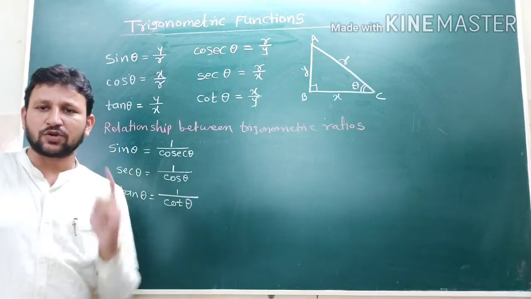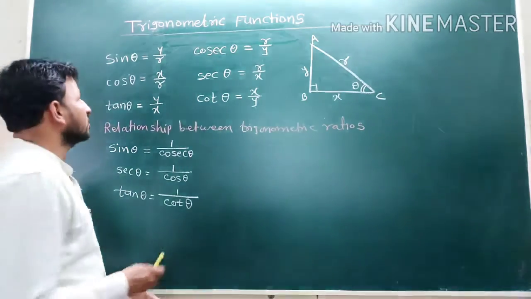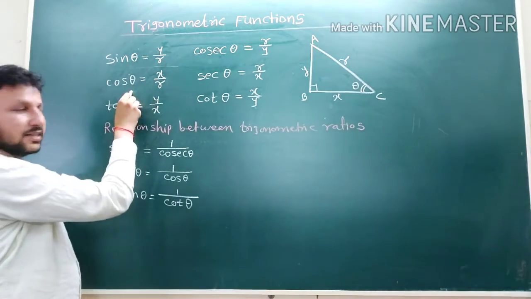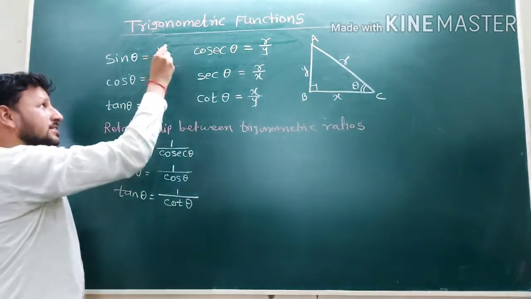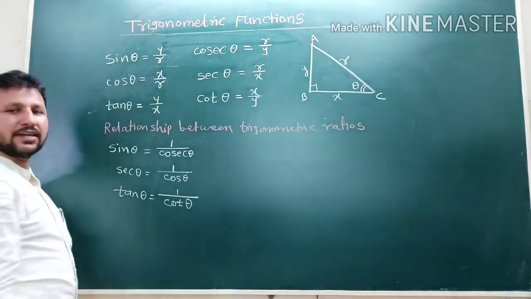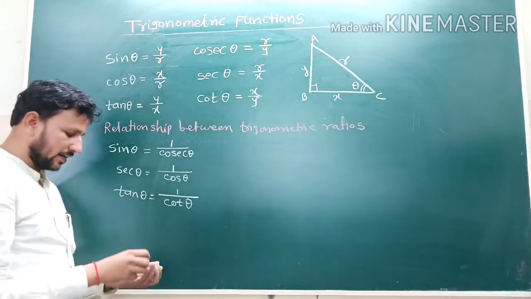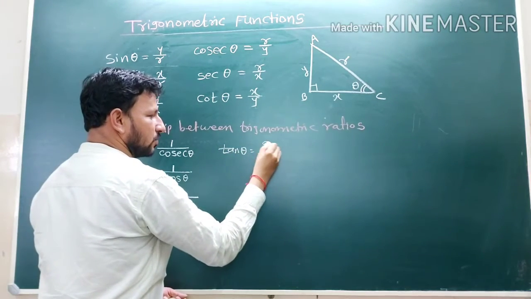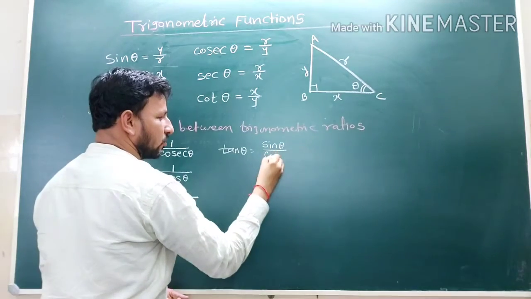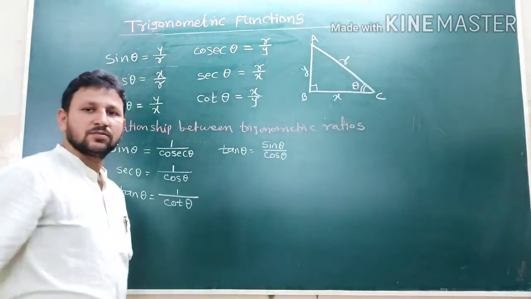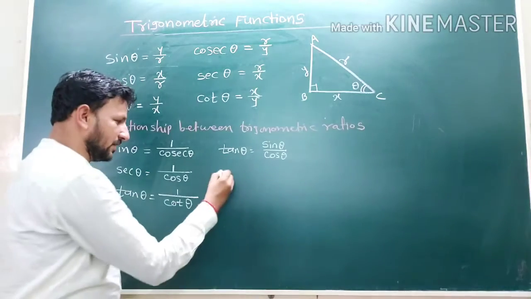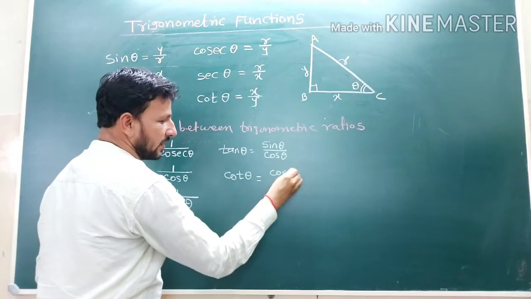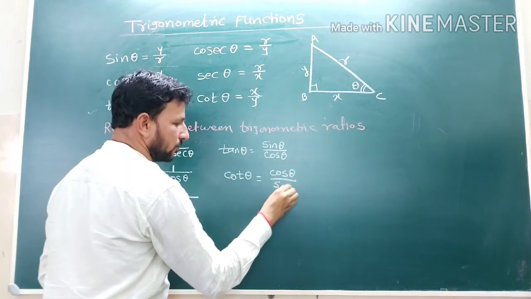First we wrote the reciprocals. Next are the ratios. If you take the division of these two functions, sin upon cos, then r gets cancelled. Remaining is y upon x, that is the next function, tan of theta. So tan theta is the division of sin and cos: tan theta is equal to sin theta divided by cos theta. Its reciprocal, cot theta, is the right hand side reciprocal, cos theta divided by sine of theta.